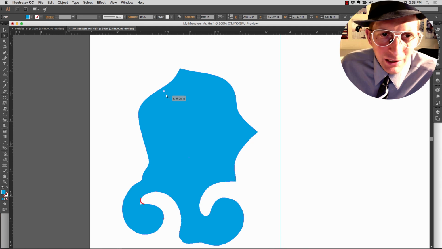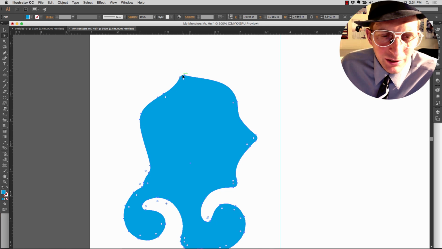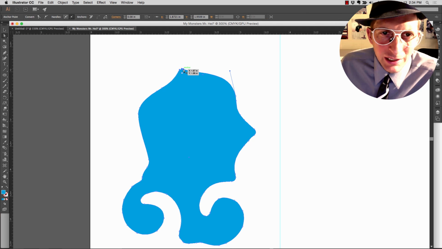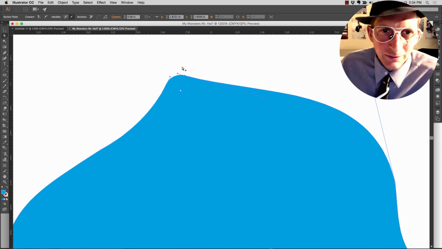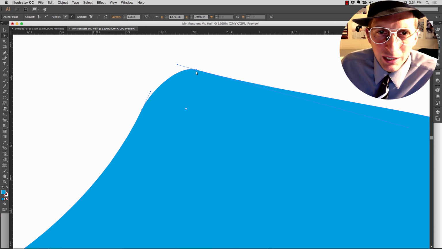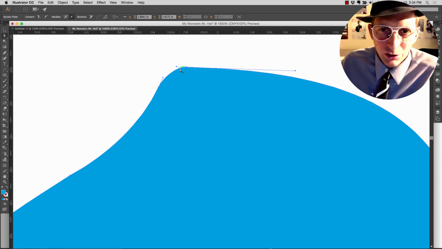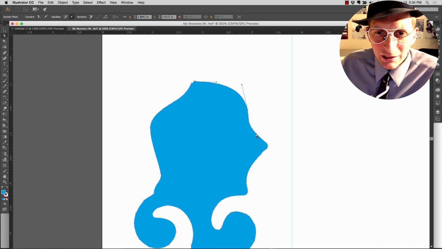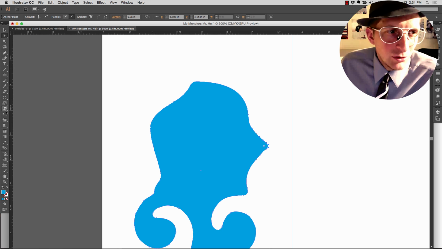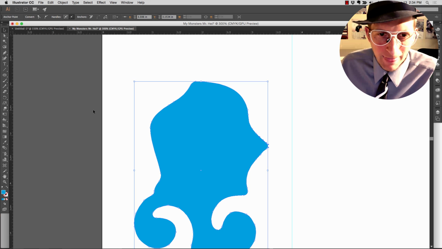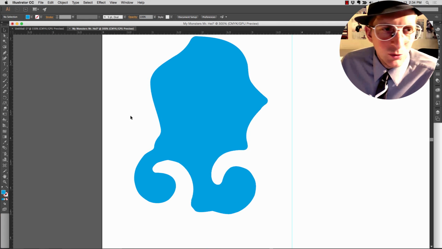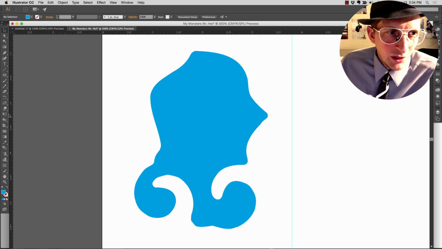you can come in here and round out your corners. Okay, you can also click once on one of these points, and you can click again and you can kind of move it, and if you click on this little dot you can bend it, like so, so you can get exactly the way that you want it to look. Okay, so once you get a shape that you're comfortable with,